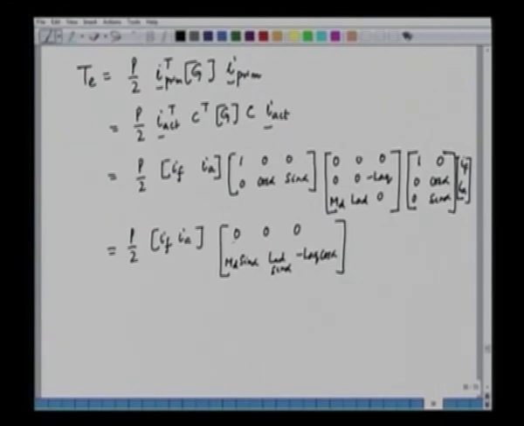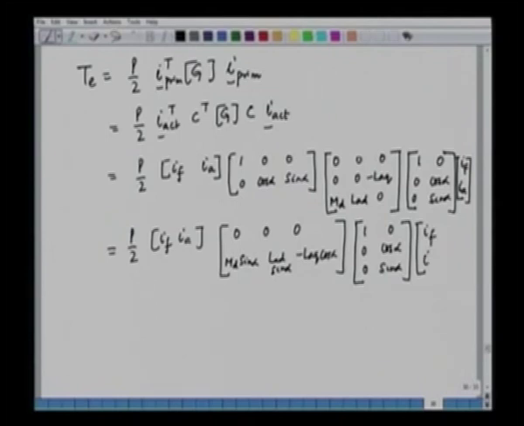So, this is basically a 2 by 3 matrix, 2 rows and 3 columns, and then we post multiply this with C. C is 1 0 0 cos alpha 0 sin alpha, and then we have the current,